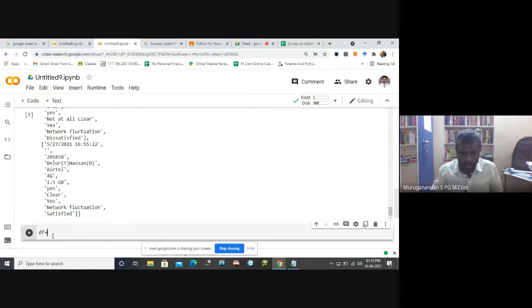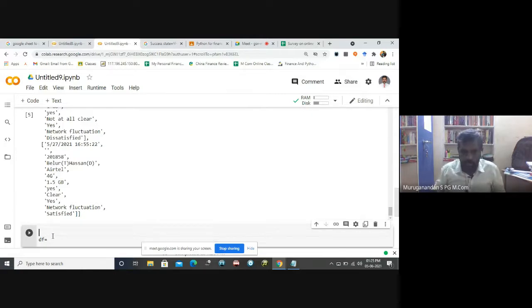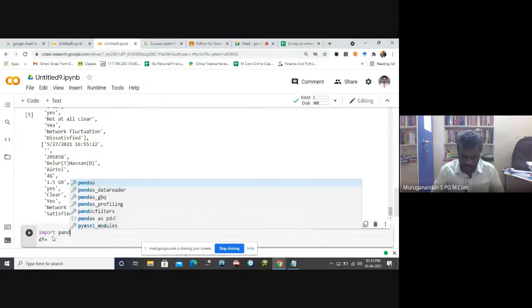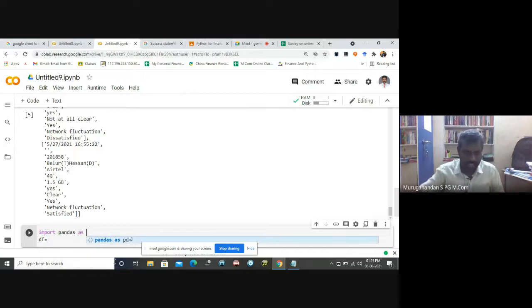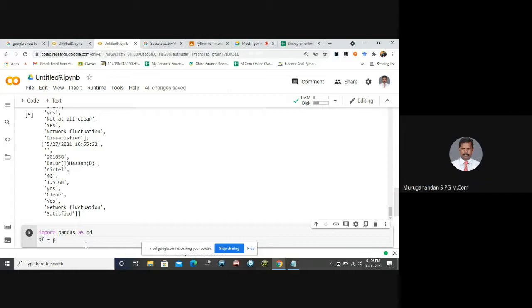So before converting this CSV into a data frame, you need to import pandas as pd. This is a library we are using. You are much familiar with this library. Now I am using pd.DataFrame. Please remember D and F in capital letters. I'm using data.